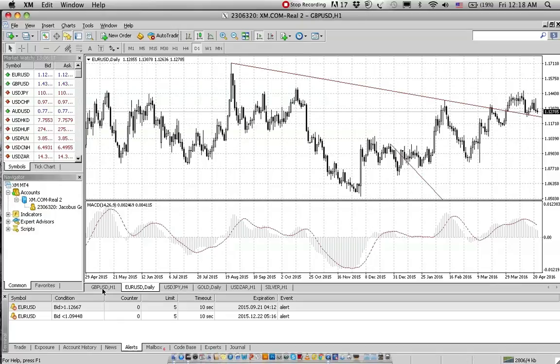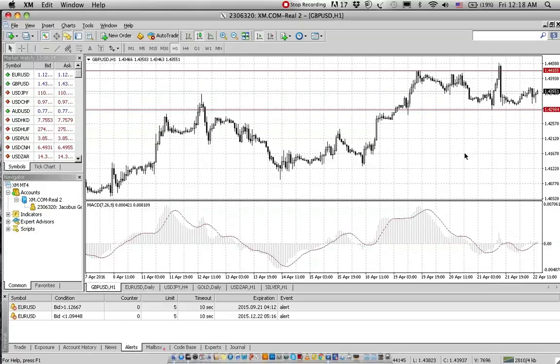Looking at the British pound US dollar on the 1 hour chart, we still see a channel move regardless of this volatility that happened yesterday that caused this extreme downwards move. The market went straight back into its channel. This is a beast that you absolutely have to love, guys. Volatility or no volatility, fundamental announcements or no announcements, the market does what the market does. If you know how to read it, you'll always be able to profit.